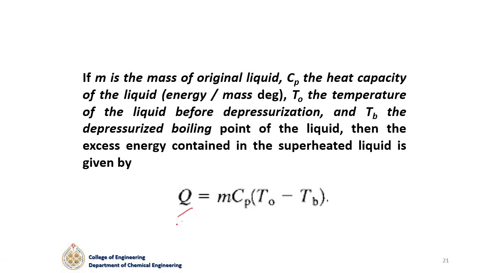How to calculate the heat? So this is the heat. This is not the Q, right? This is not the flow rate. Here you are talking about the Q, which is m Cp delta T. And the delta T I have here is between T naught, which is the temperature of the liquid, and Tb, the depressurized boiling temperature. And what is the energy that will be released? This will be the energy released based on the difference between the depressurized boiling temperature and the temperature of the liquid before